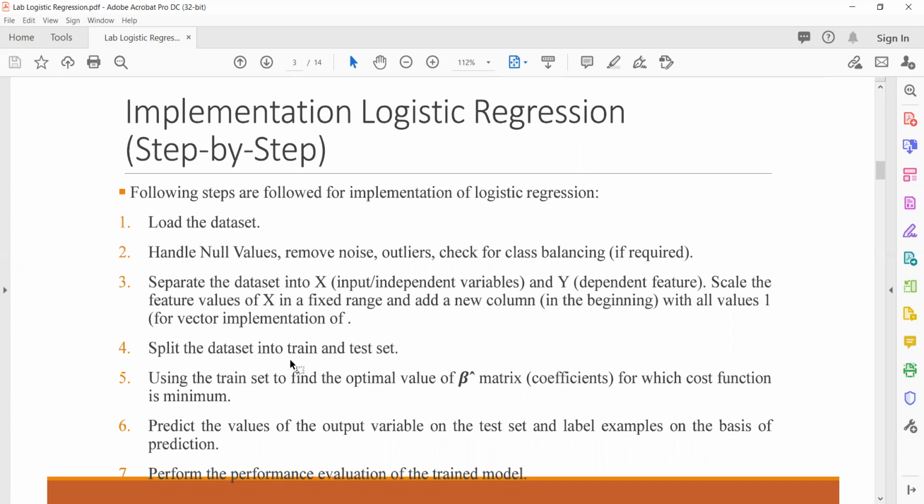So when we have made these x and y variables as two separate data frames, we will be splitting that data set into two parts: train and test, and using the train set to find the optimal value of beta hat. I mean, we will be using that training data set to get the optimal value, and then we will do the prediction on the test data set using that optimal value.